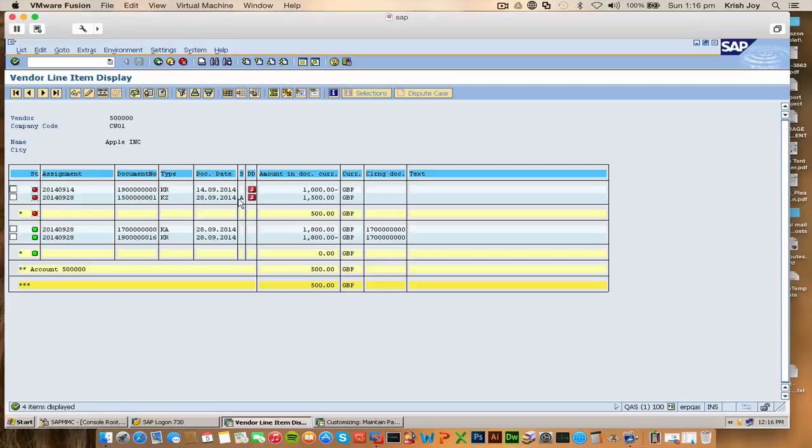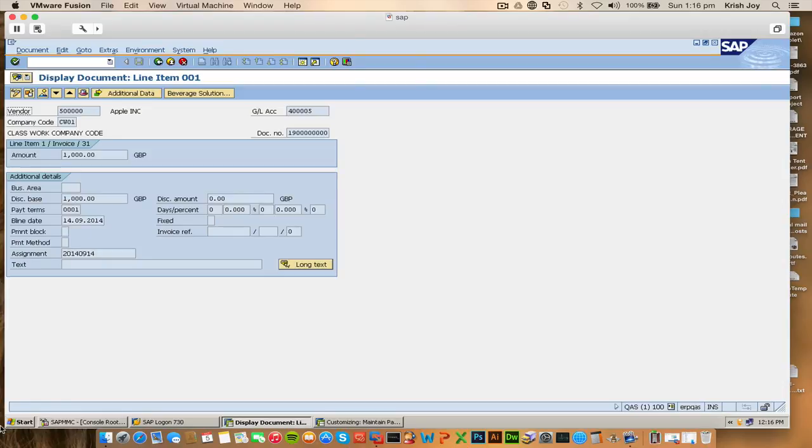So I'll go here and double click, because the master data we just did now, and the invoice we created last week. When we do any transaction, master data information is derived at transactional level. See, the payment term is different here: the payment term is 001. At that point, I manually chose it. So what I can do here,